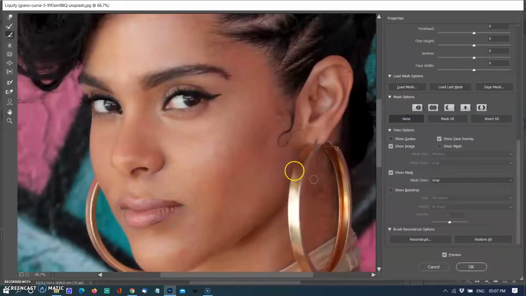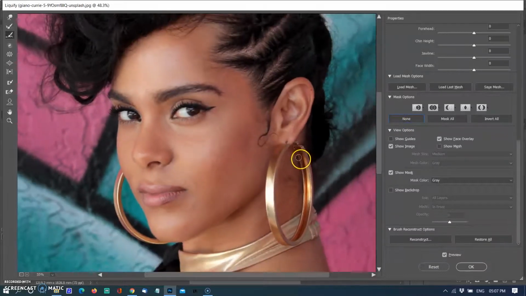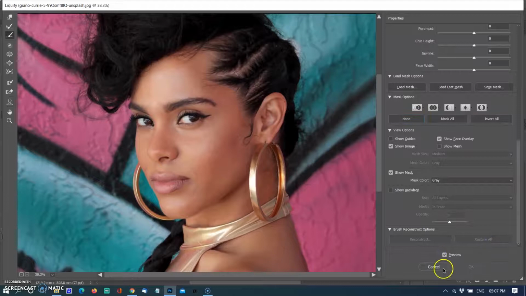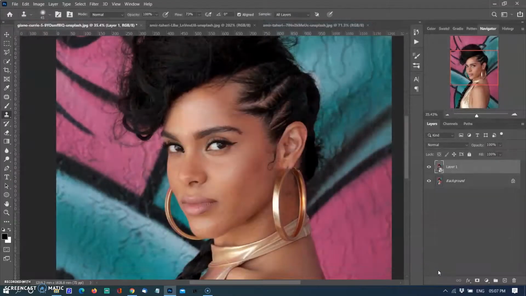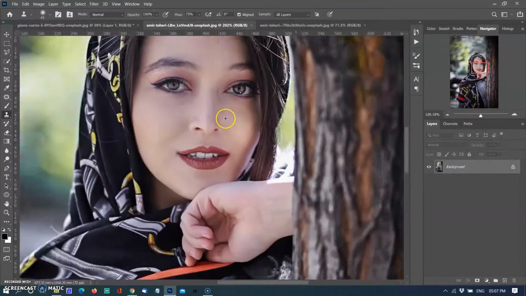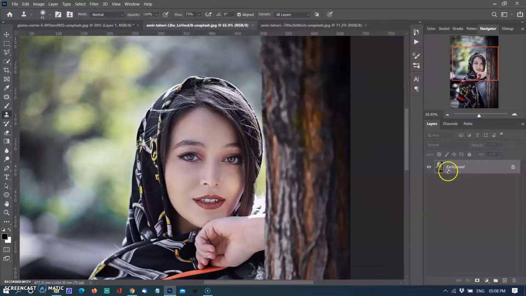Now again I clicked on the None option in the masking tool to unfreeze the image. I am coming to another important tool, the Liquify filter. Open a new image and make a duplicate layer by using Ctrl+J on Windows and Command+J on Mac. Go to the Filter menu and select Convert for Smart Filters. Then go to the Filter menu again and select Liquify. The image will open in the Liquify workspace.